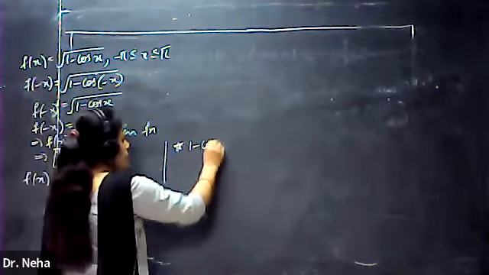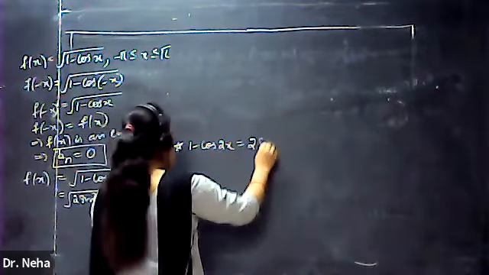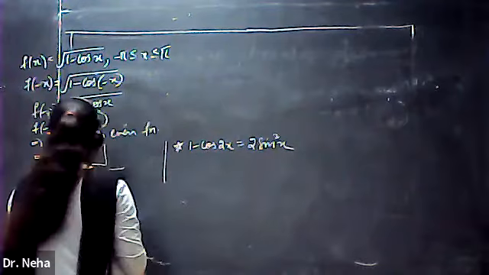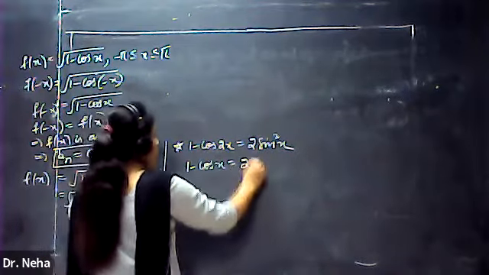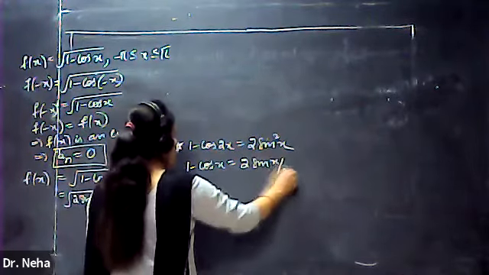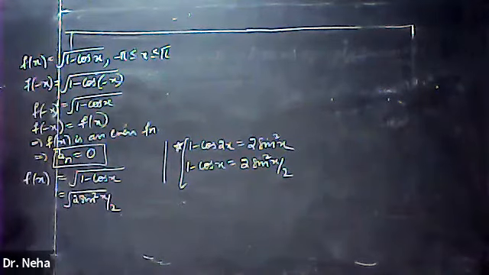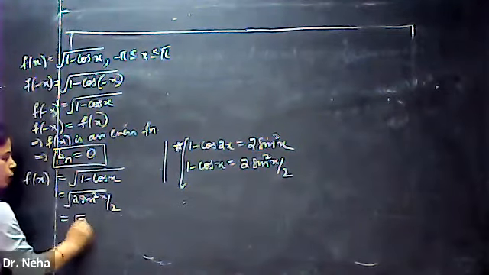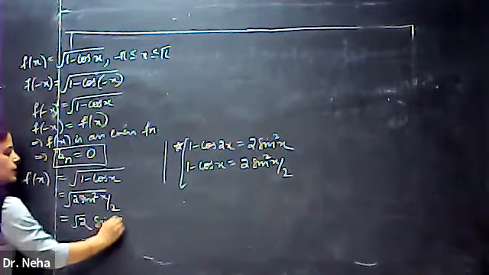You can put a star and write down the result: 1 minus cos 2x is equal to 2 sine square x. And when the angle is halved, it leads to 2 sine square x by 2. Okay, please note it down: 1 minus cos x equal to 2 sine square x by 2. So square root 2 will come out, and the square root of sine square will be simple sine x by 2.